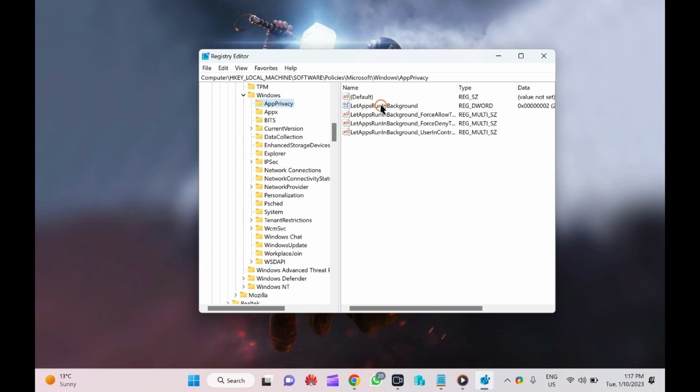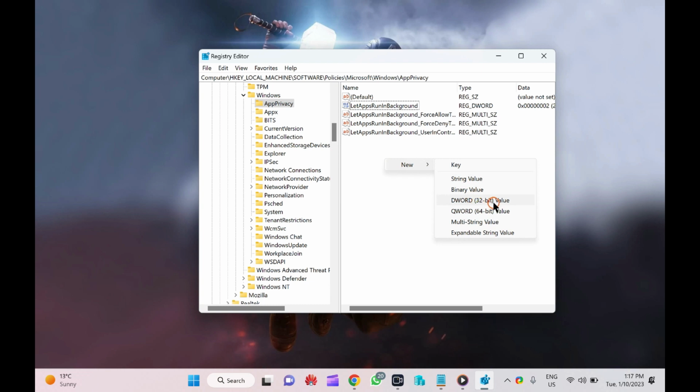On the right you need to create a new DWORD named LetAppsRunInBackground, if it is not available. If it is available, you can use that one. To create a new DWORD under AppPrivacy, select AppPrivacy, then on the right click and select New and DWORD option.